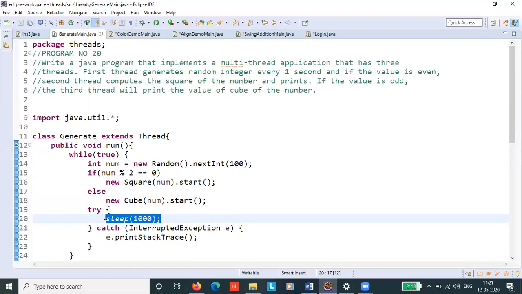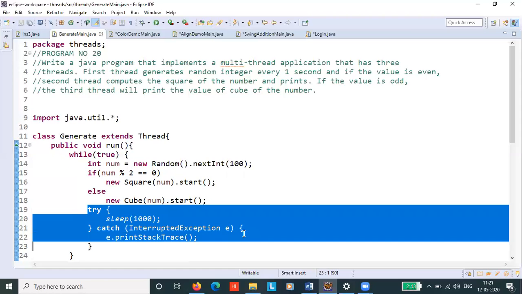Why do we need this? Because as the problem statement says, every second we have to generate a random number, correct? So for that reason, we are making our thread give a delay of 1 second between each operation.